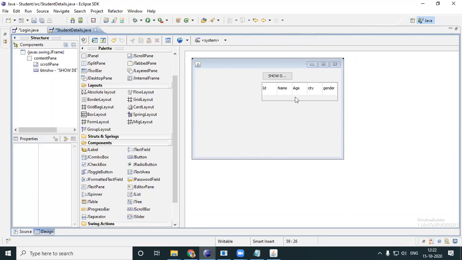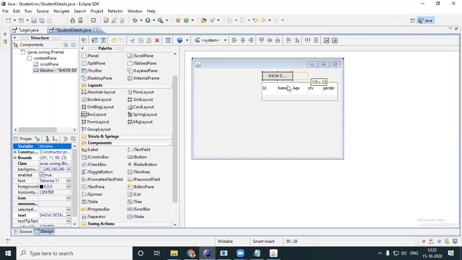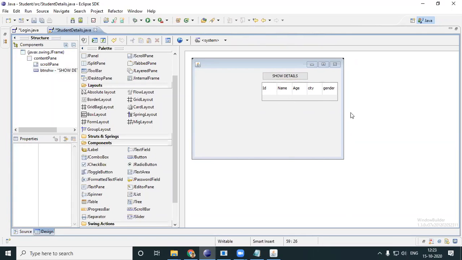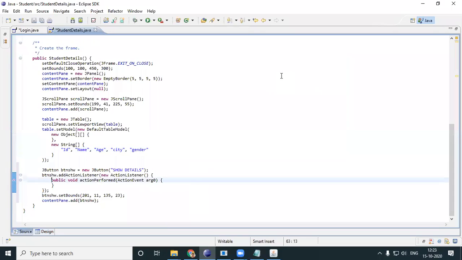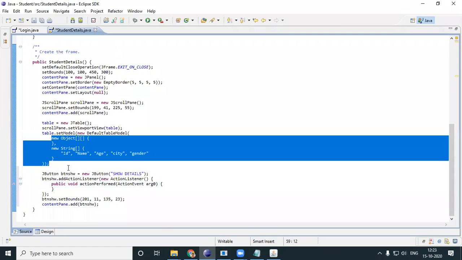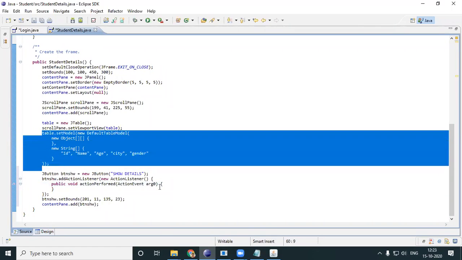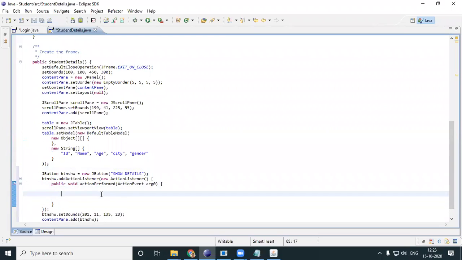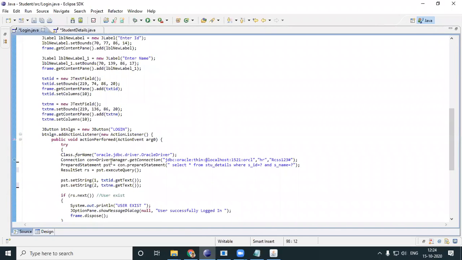Okay, so that's it. Now, what I'm planning to do is when I click the show button, the details in my table should come up over here. So I'll go to the add action listener of my show. Okay, look here. All the fields, the table model has been created. You write very little code. Now I'm going to list out details from my database table into my J table. Very simple. I need all the details to come over here. So when I work with my database stuff, I'll just copy things from here.